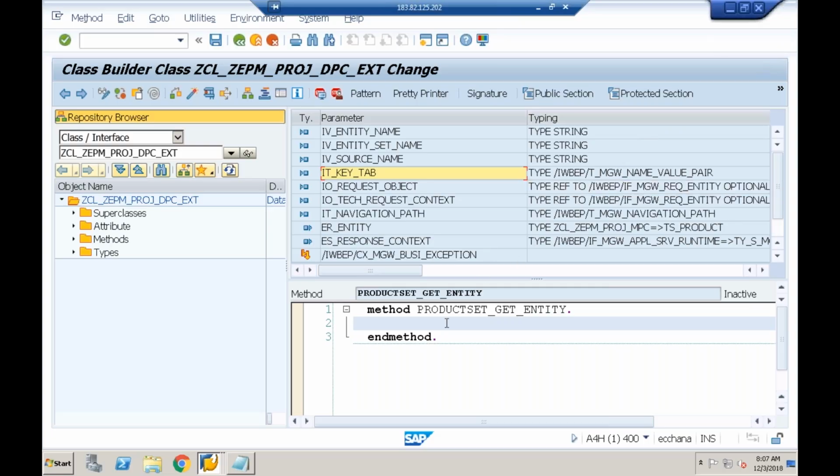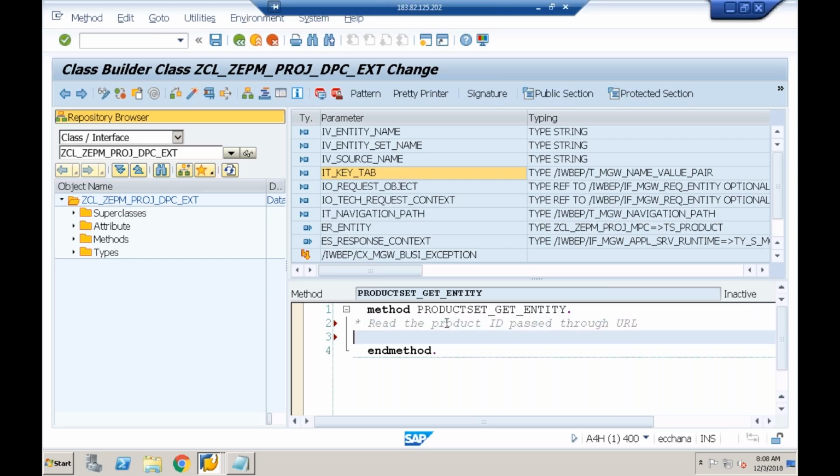Yeah, what I'll do is, in the method implementation, read the product ID passed through the URL. So in this case, I know as a developer that my entity contains only one key property. So I'm sure that the consumer has to pass only one input value. So keeping that in mind, I'll declare